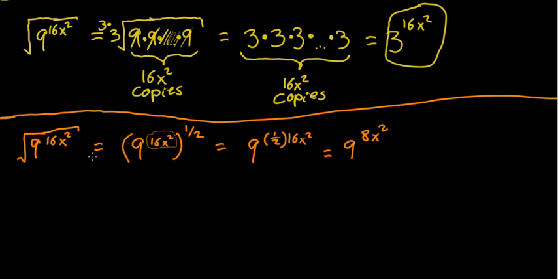You could alternatively have made that, instead of 9 to the 8x squared, you could have, let's see, what could we do to this? Oh, well, we could have first changed that to 3 squared to the 8x squared. There is a reason I'm doing this. And then we could have multiplied this 2 times the 8 and ended up with 3 to the 16x squared. So that shows that these two things are actually equal. So we'll say all correct